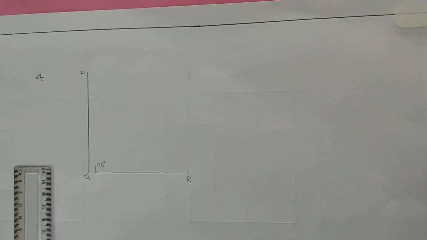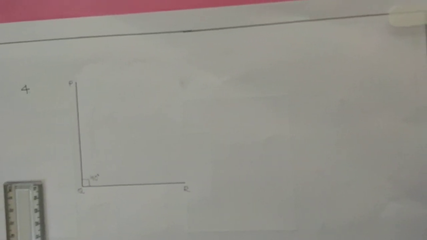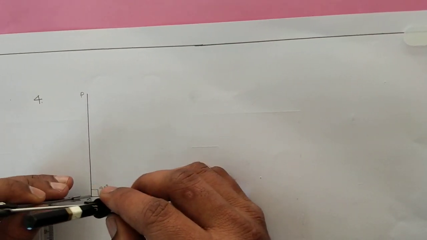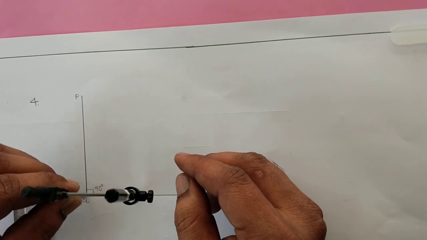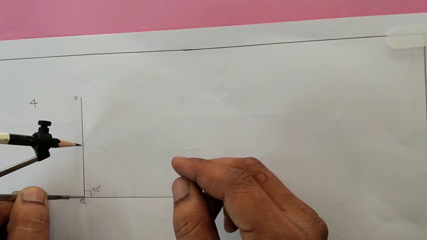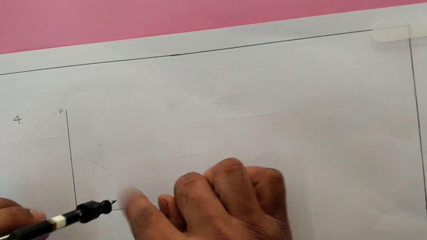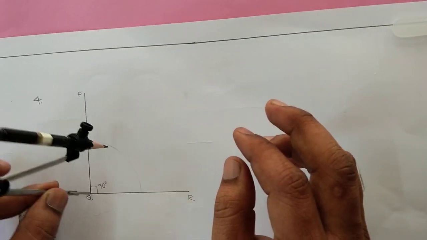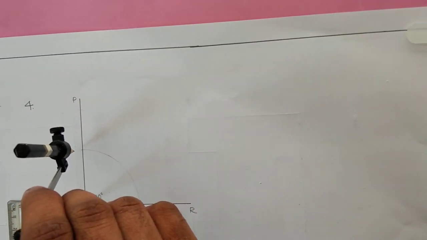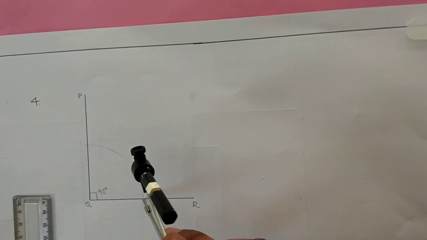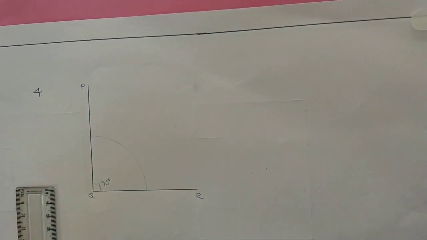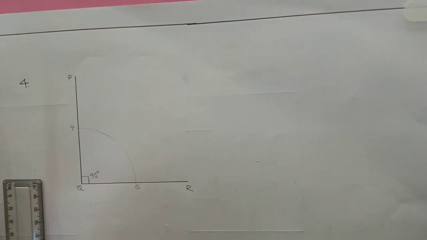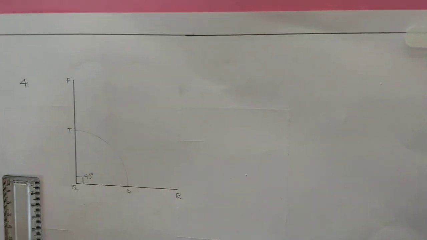Next, all of you see this particular thing. Again we can take the help of a compass for the purpose of dividing this 90 degrees into three equal parts. Draw the quarter circle in this way. That means connect both the lines by means of a curve. You can take any dimension as radius for constructing this arc. And we can take the same radius, this point as center. Give the naming also for this particular point, PQR, and we can say this is S and this is T. So on QR that is S, on PQ that is T.